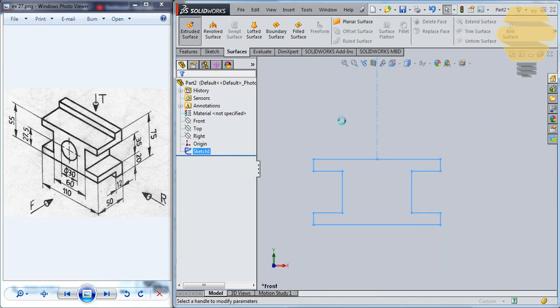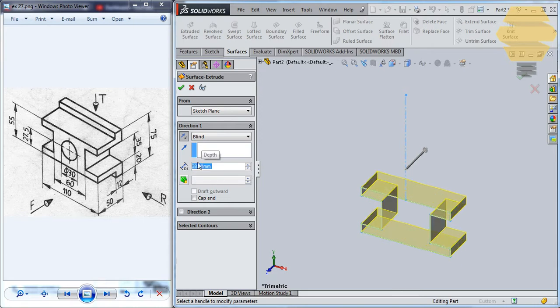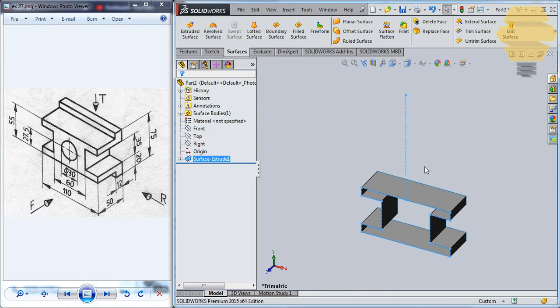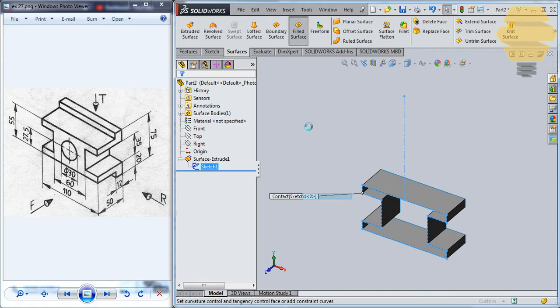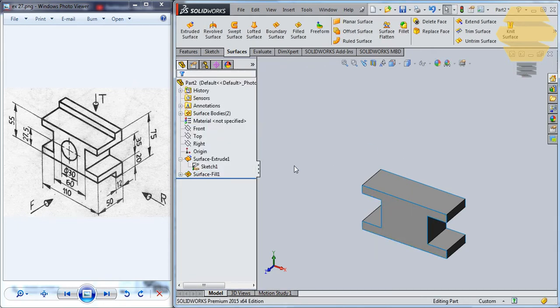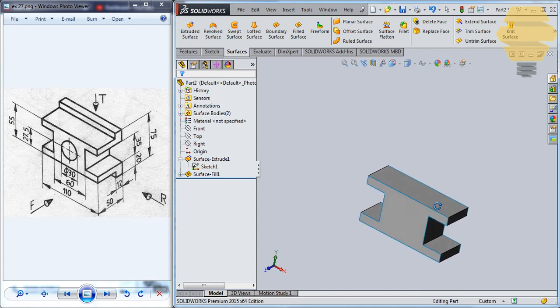Now let's go for surface, extrude, and extrude the surface in opposite direction by the length of 50 minus 12 is 38. Alright, now that's done. Now select the sketch and go for fill surface and flat surface. Now that's filled. We have the other side open here. So what we can do next will be